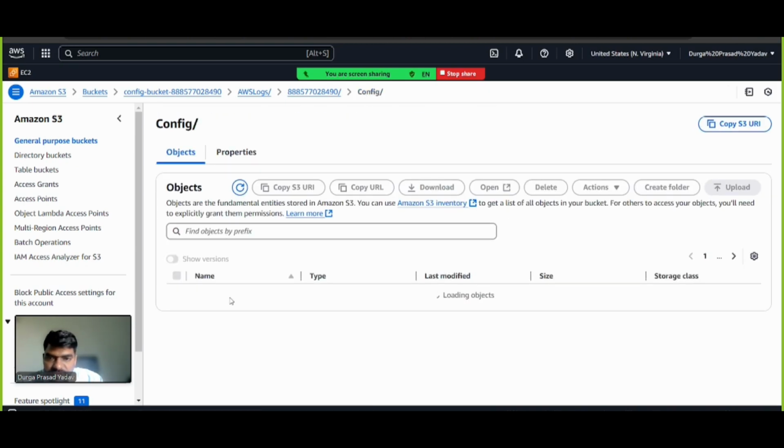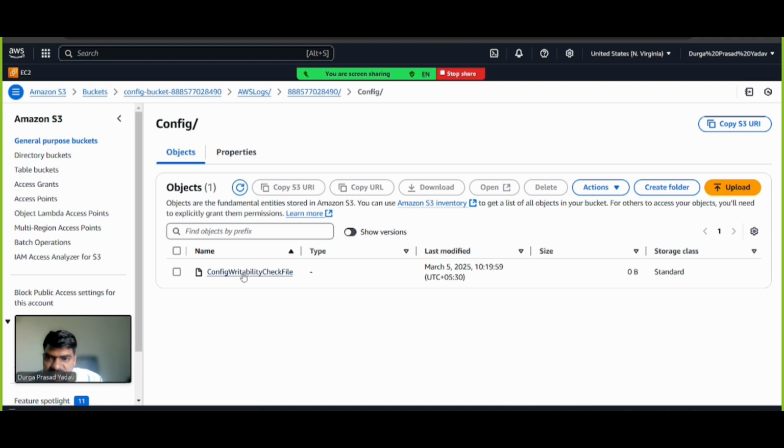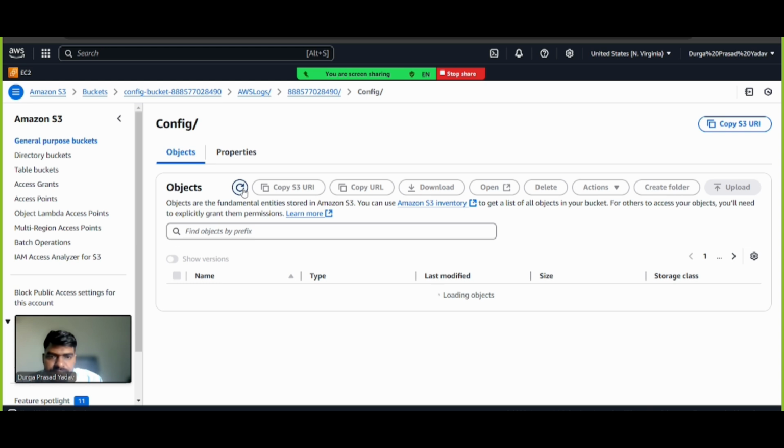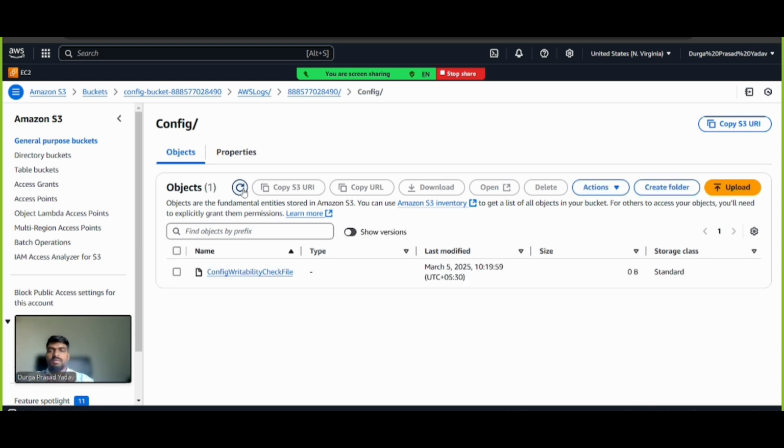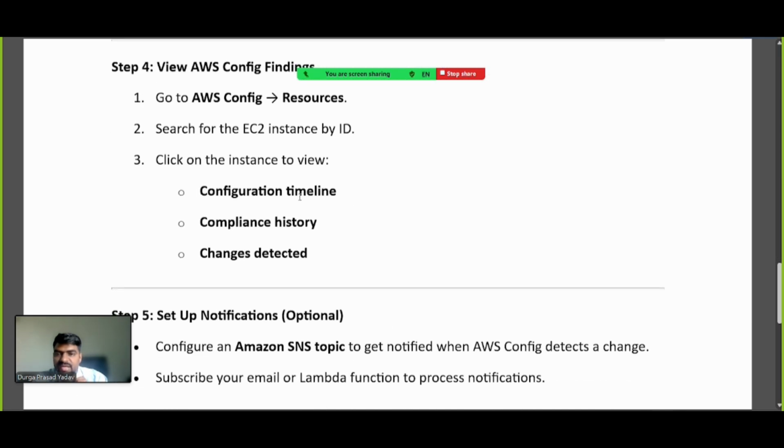Inside the config folder there is only one file, and the size is showing 0 bytes. Somewhat it should show like 1 or 2 bytes, something like that. Okay, in this document we will modify the resource. Go to Config, AWS Config resources,